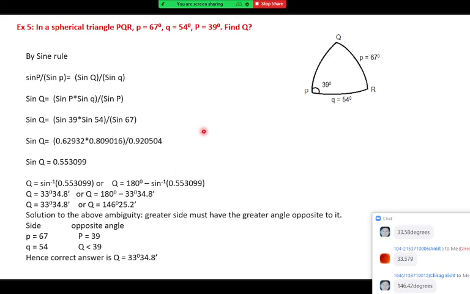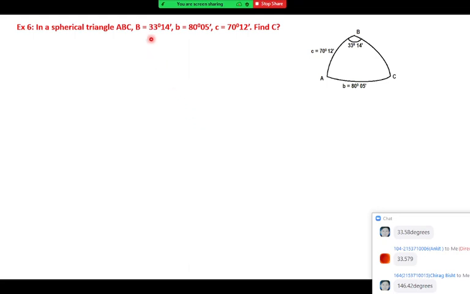One more question on it. Now here we are given capital B. Capital B means angle given. Small b is a side, small c is a side, and obviously the question is find capital C. So again, one pair of angle and side given, and in the other pair the angle is missing, so better to use the sine rule there. So first step, we'll write the sine rule. The sine rule will be like this: sine of capital C upon sine of small c is equal to sine of capital B upon sine of small b.